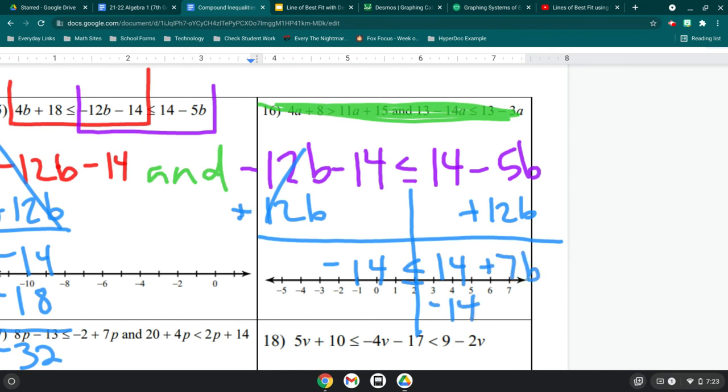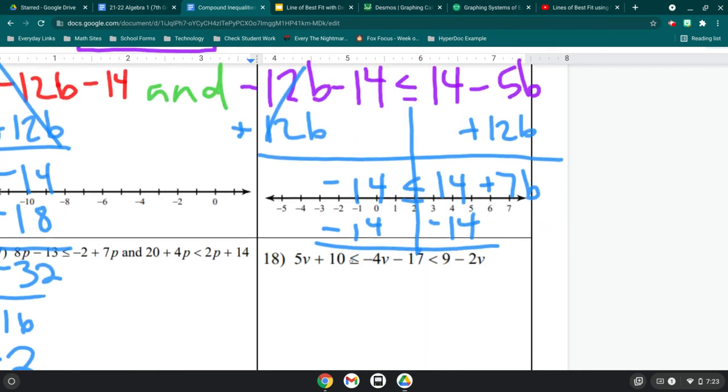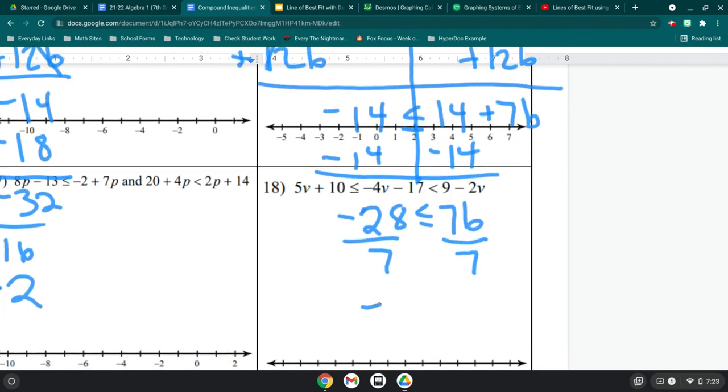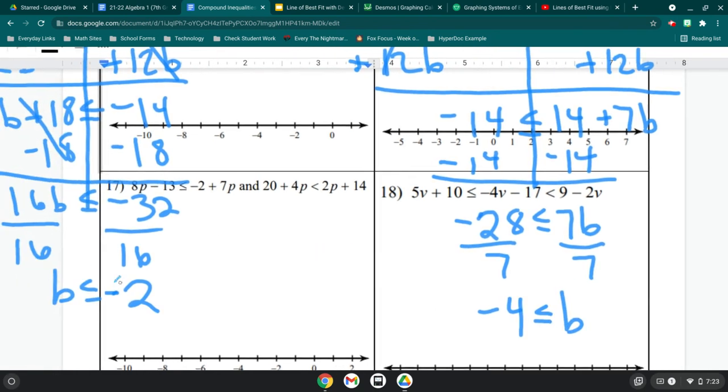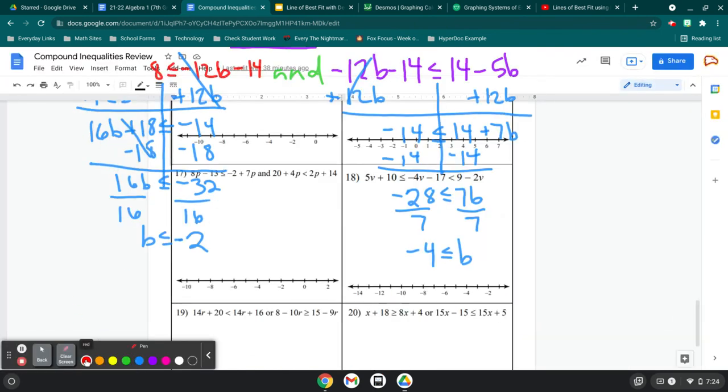Move our constant to isolate our variable term. We end up with negative 28 is less than or equal to 7b. Lastly, divide to isolate the variable completely. We end up with negative 4 is less than or equal to b. So these are our two conditions. b has to be less than or equal to negative 2, and b has to be greater than or equal to negative 4. So for our final solution, we need to figure out how to